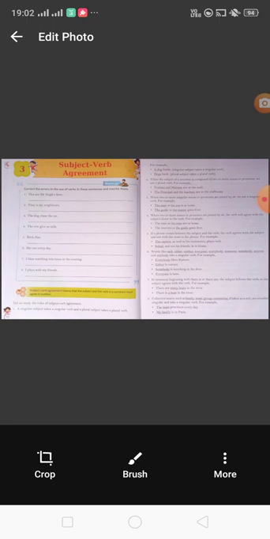Now we will move to the third point: when two or more singular nouns or pronouns are joined by or. The nouns or pronouns are singular, but there may be more than one or two. When they are joined by or, then we always use a singular verb. For example, the man or his son is at home.